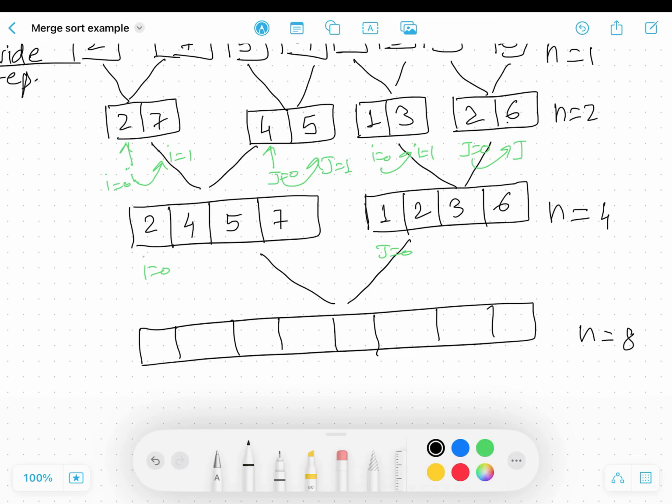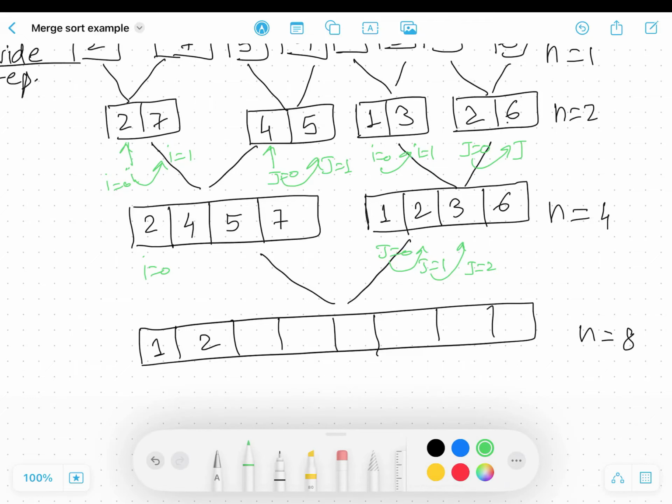We are going to compare values at I and j. Value at j is smaller, 1 comes here, j goes here, j is 1, 2 is smaller, so 2 comes here, j goes here, j becomes 2, then